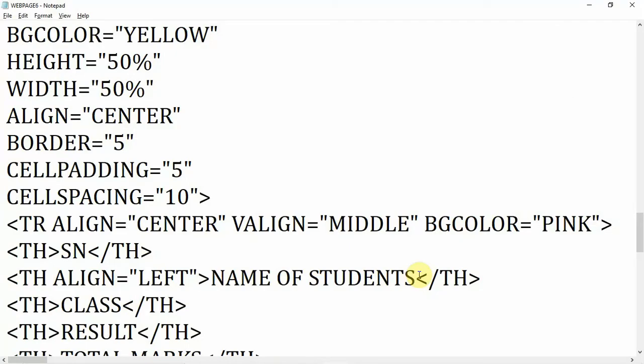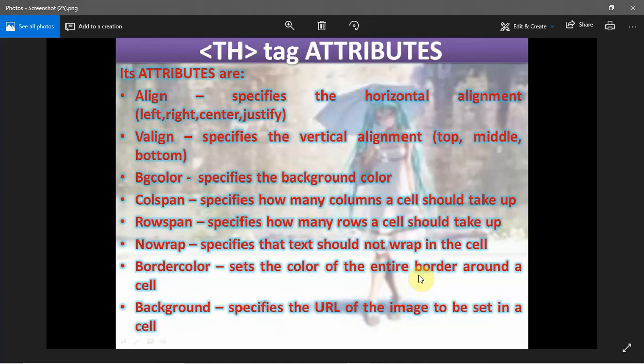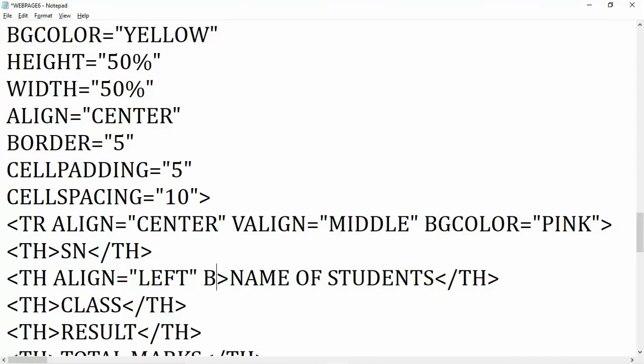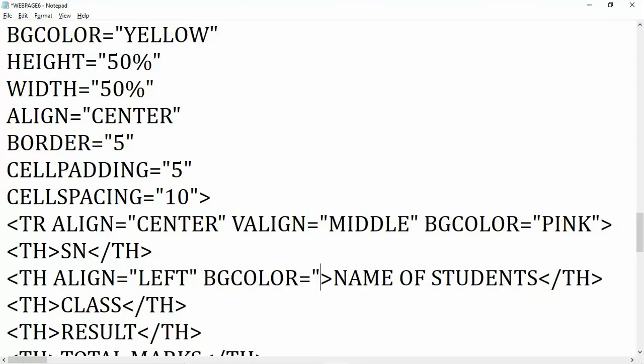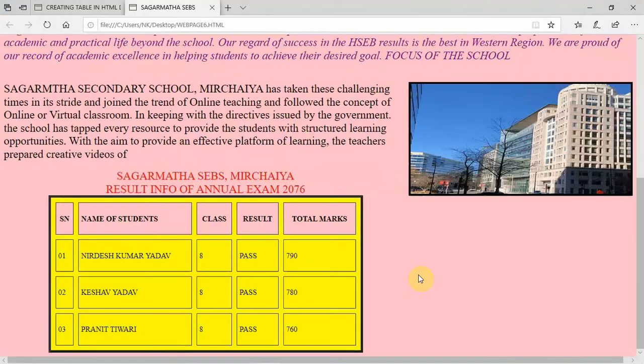If you want to make any other changes, see the attributes one after another. If you want to change BG color, V align also you can change. Now BG color, I want to give sky blue here, Ctrl plus S. Now you can see sky blue.